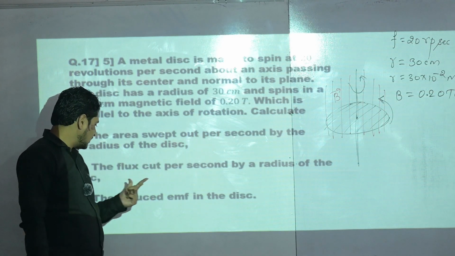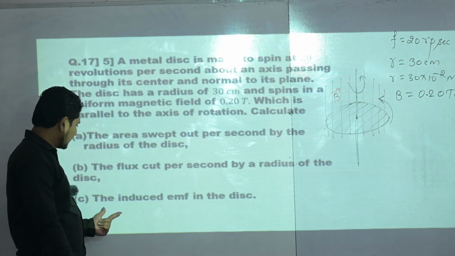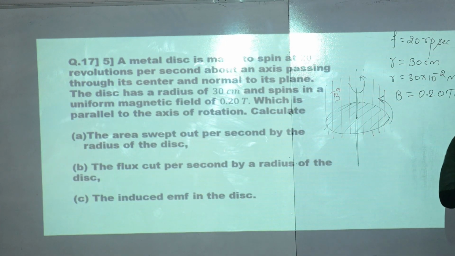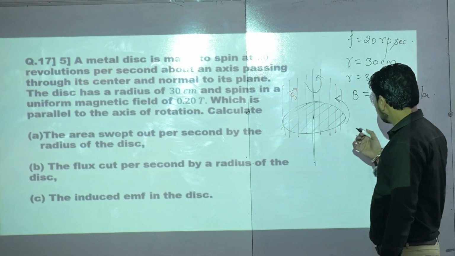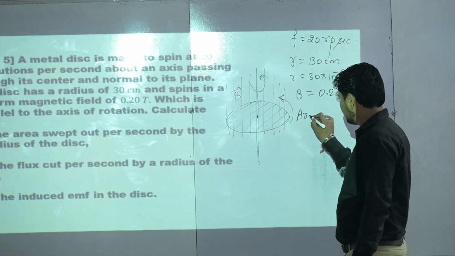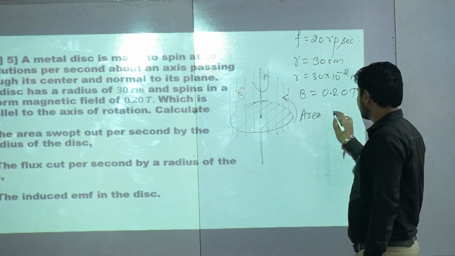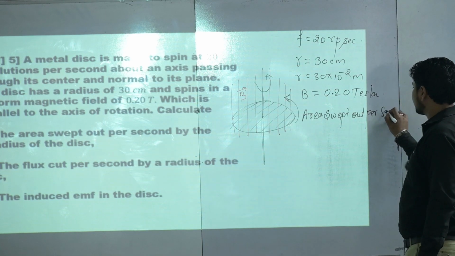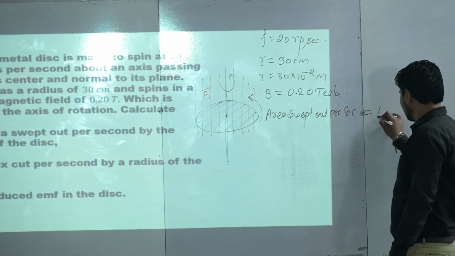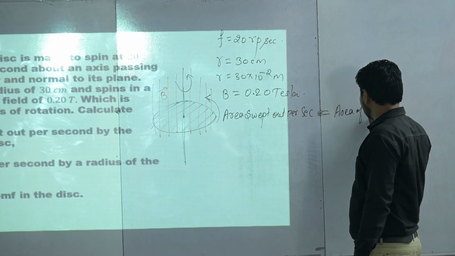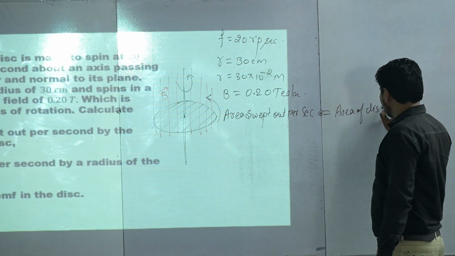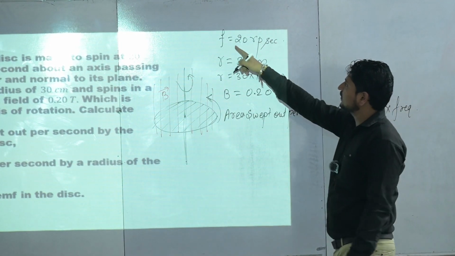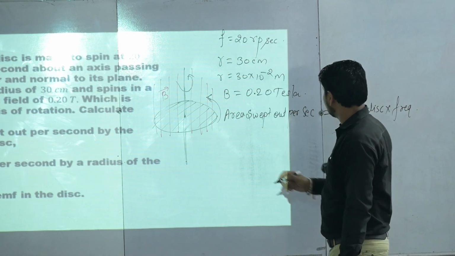Area swept out per second, then flux cut per second, and again the EMF is induced in this disc. Clear? So first, area swept out per second. So what is the area swept out per second? If I'm taking area swept out per second, it is equal to the area of the metallic disc multiplied by its frequency. We take its frequency because here the frequency is given, because